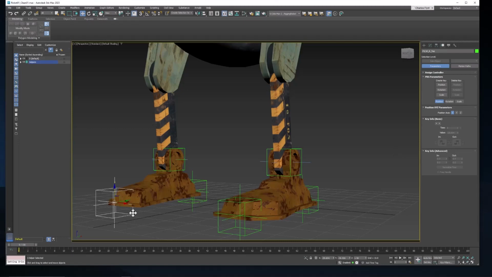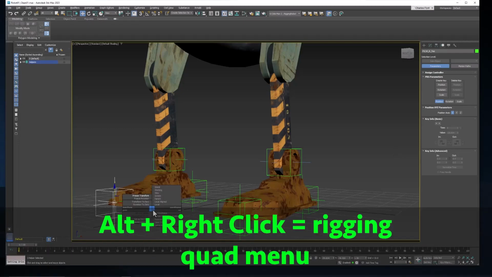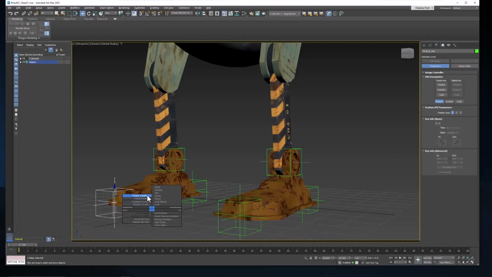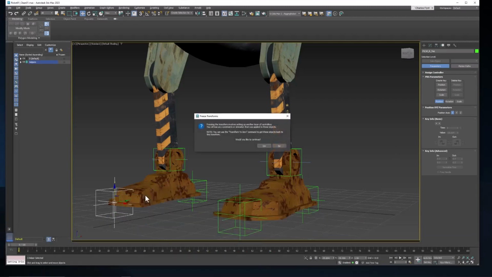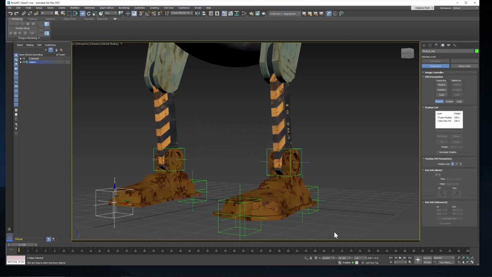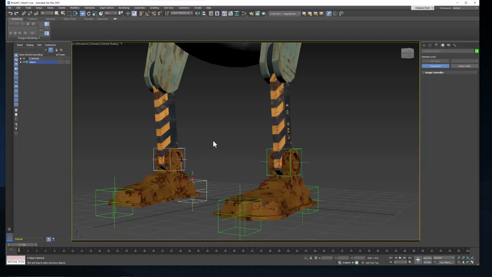Now, to do that, you need to hold down Alt and right-click, and that brings up the rigging quad menu, and we need to select Freeze Transform. And when we do, we get a little warning, but you can see that it added a 0 position here, and it also zeroed out that value that was here. And it didn't do anything with this, although I thought it would. So we need to do that to all of our objects, all of our point helpers,